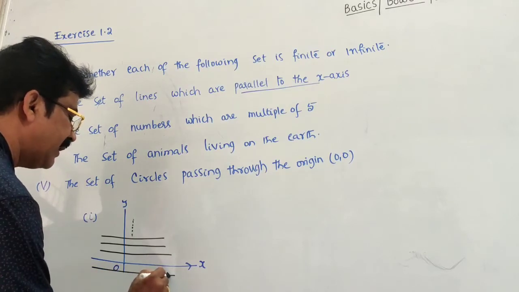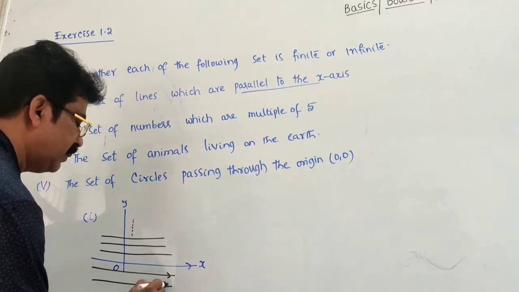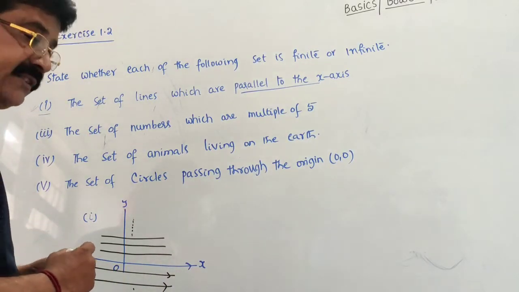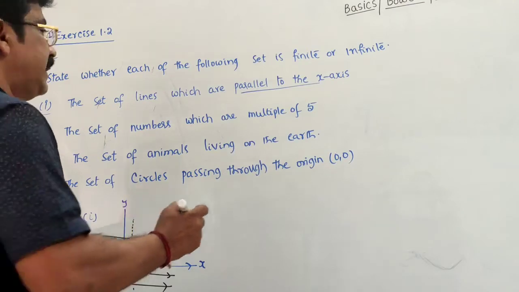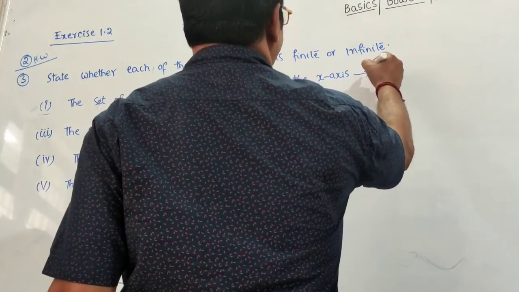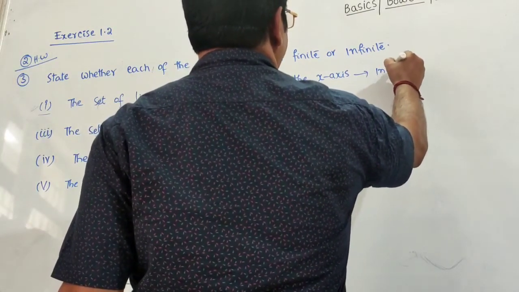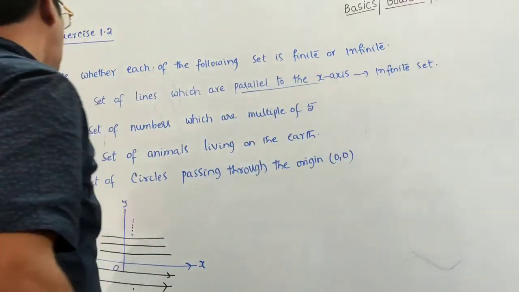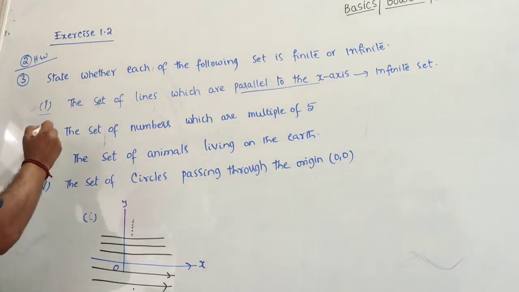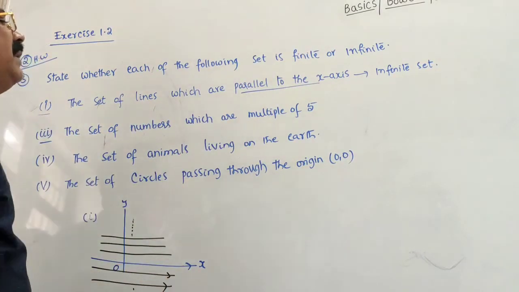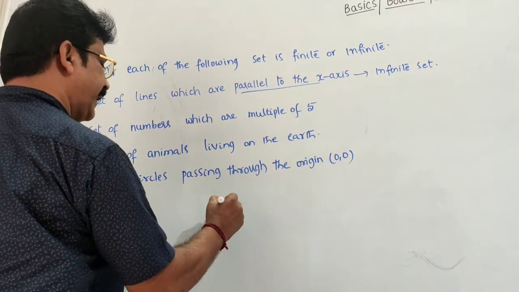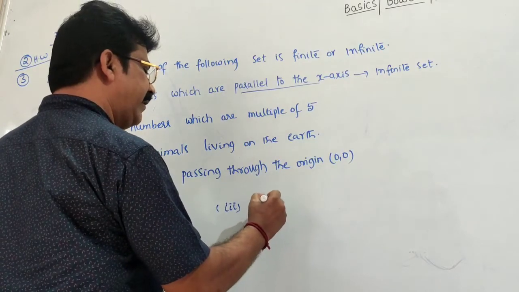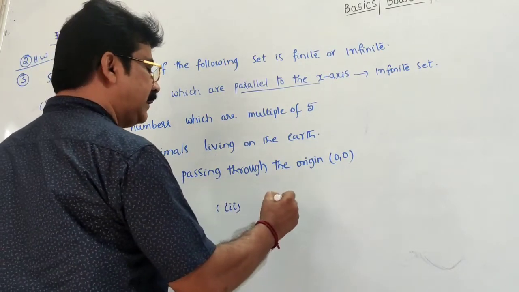It is also parallel to x-axis. We can draw infinite parallel lines to x-axis. So therefore, it is an infinite set. Next, the set of numbers which are multiple of 5. So question number 3. Multiple of 5 means 5 1 is 5, 5 2 is 10,